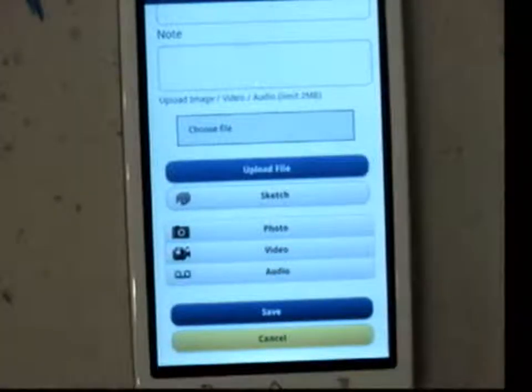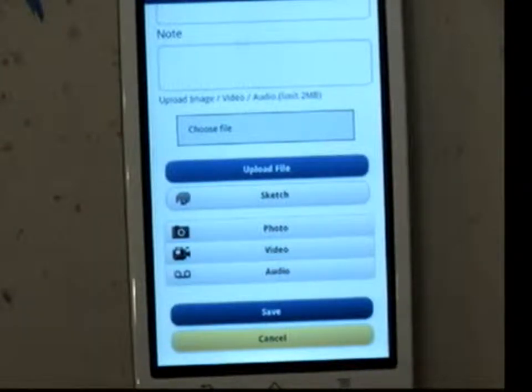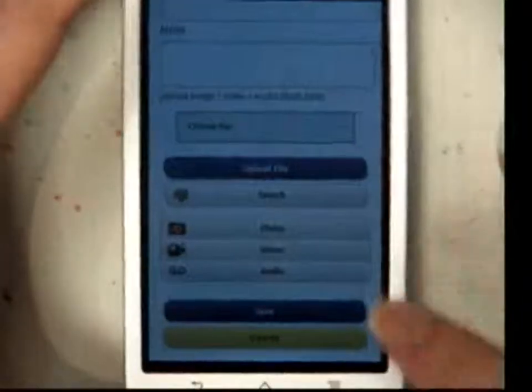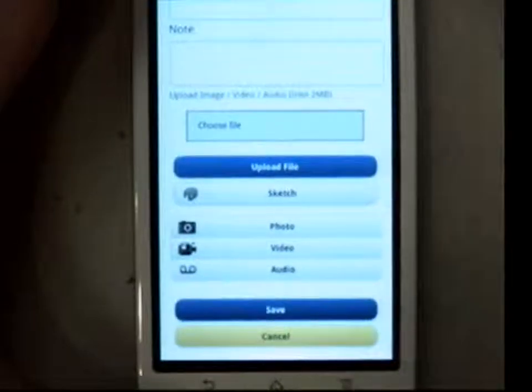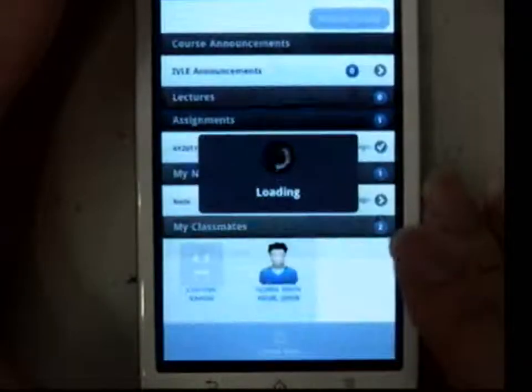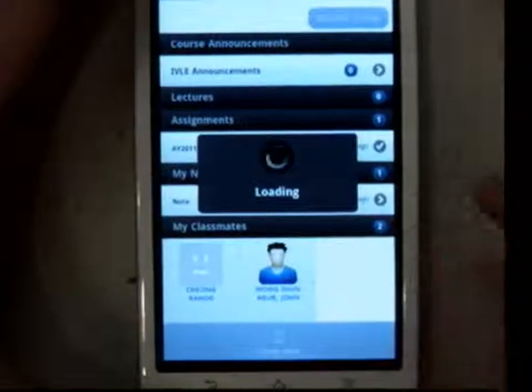One of the ways we've also linked it is from the home page, because it knows your timetable. So it knows if you're currently attending a lecture, for example, then it will have a link on the home page itself. You can click on it and go directly into that module page, so you can upload the note directly to that module from the home page. Or I can download the relevant course notes. You can go into the module group. Yep. So if I save a note, it will be under my notes here.